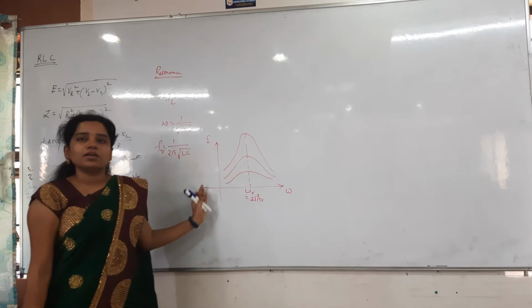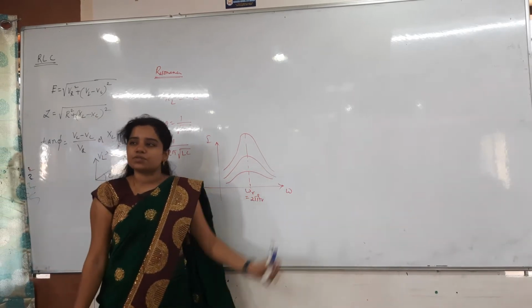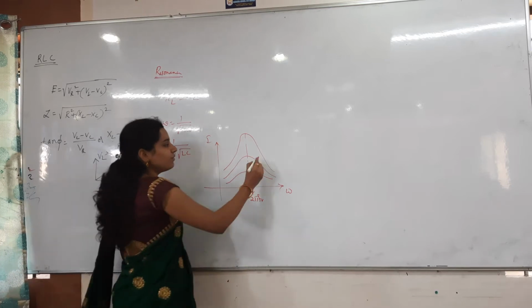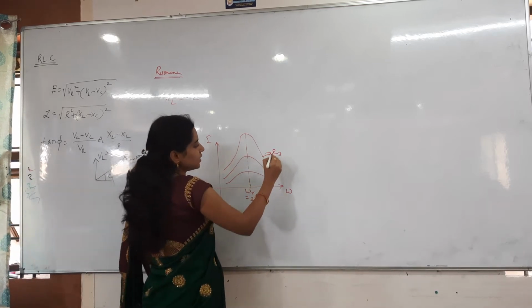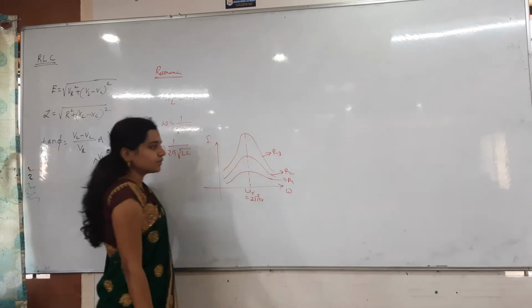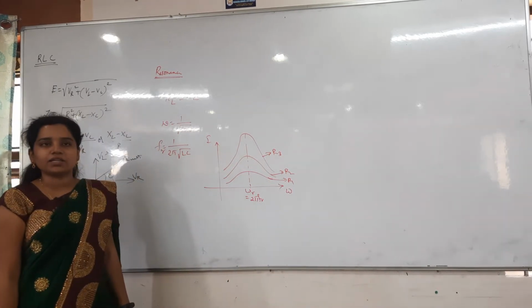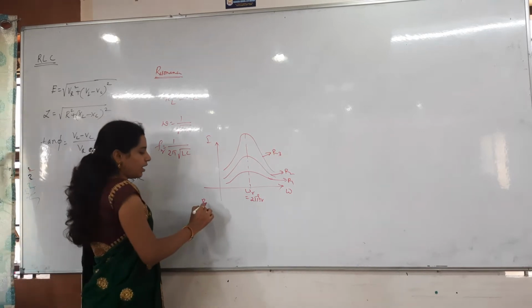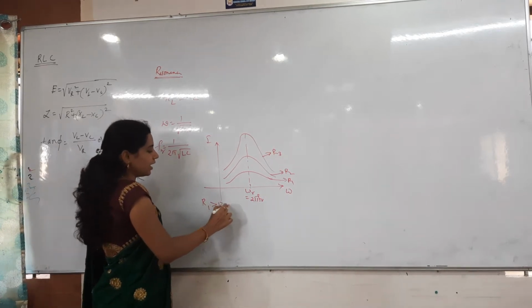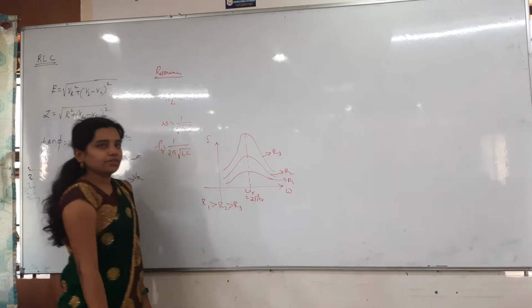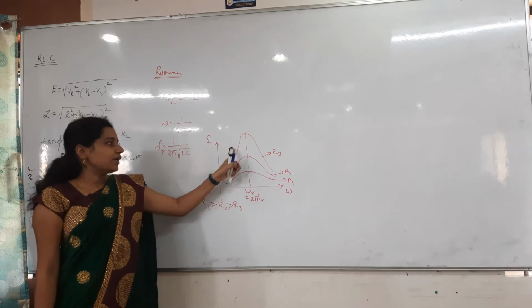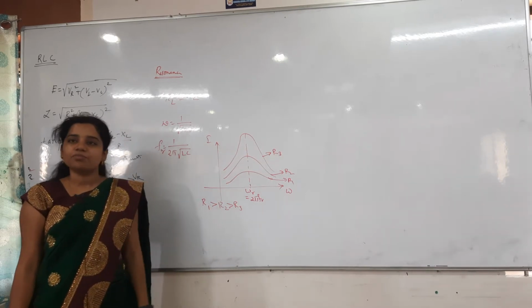And below the resonance frequency and above the resonance frequency, what happens? Current will decrease. And also I have indicated the R values here. I guess this is R3 I have taken, R2 and then R1. Tell me the relation between R1, R2, R3. R1 greater than R2 greater than R3. Why? Because the current is inversely proportional to the resistance. Whichever the current is maximum, for that the resistance will be minimum.